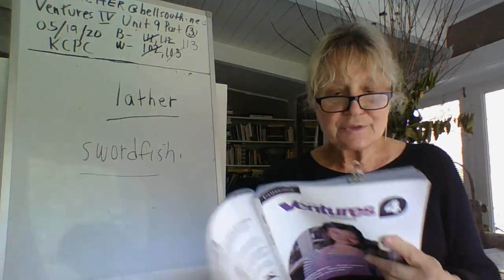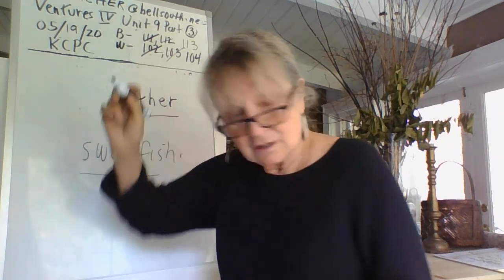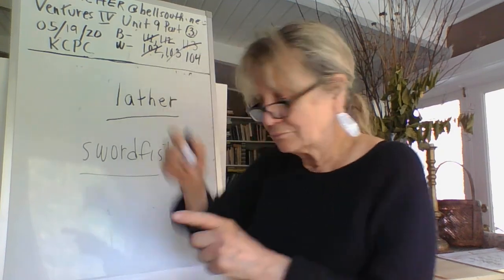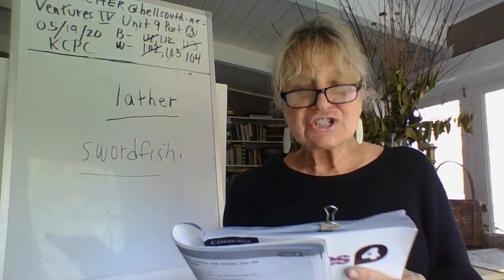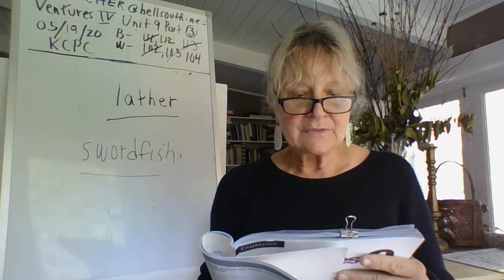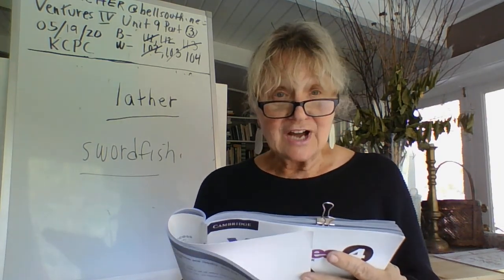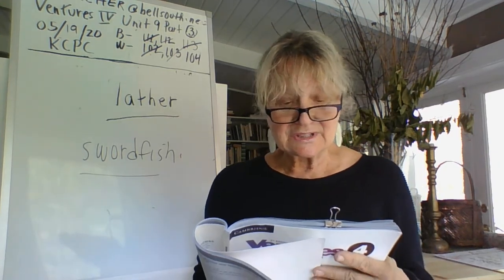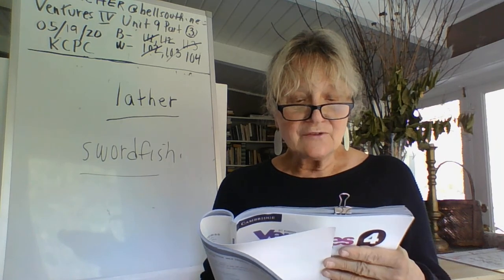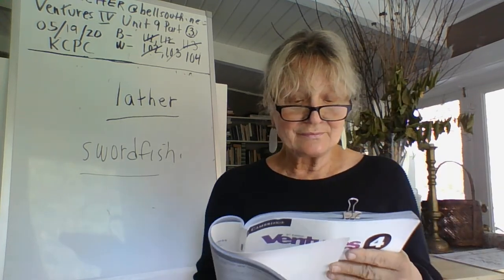So if you would please take out your workbook, turn to page 104. Conditional sentences, part B, lesson B. Circle the correct form of the verbs. 1, I hope you're reading out loud. If I had time, I would join an environmental club. Oh, that sounds interesting. Number 2, if you used a fan instead of an air conditioner, you would save electricity. Number 3,